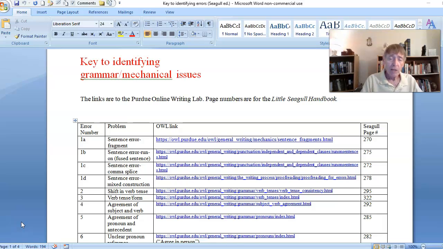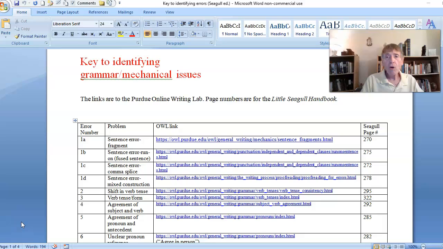Sometimes I will look at a paper, it might be the second assignment that a student has done, and I'll think, there are all the same mistakes here that I saw on the first assignment. What happened? Did the student actually read the feedback?